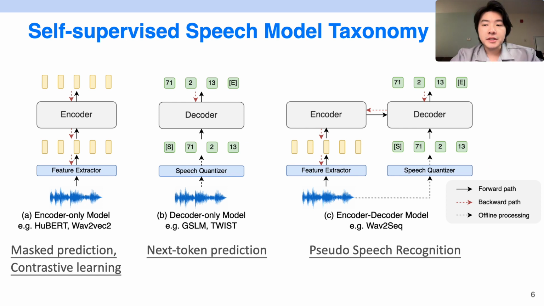The third one is today's main character, an encoder-decoder model, like Speech2Seq, which is the model that this paper is based on. And like the previous one, it will do the quantization step to quantize the speech into some discrete units. And now, these discrete units serve as pseudo-labels of this speech. An encoder-decoder model performs a task called pseudo-recognition to try to predict the pseudo-labels of these utterances. And this kind of model has been shown to be more powerful in speech recognition tasks because of this pre-training strategy.